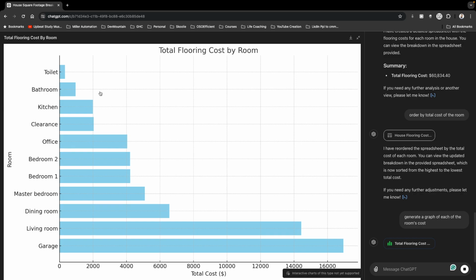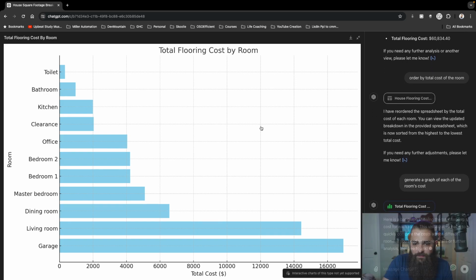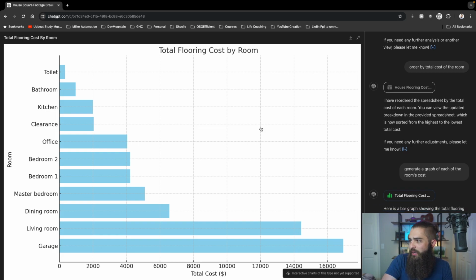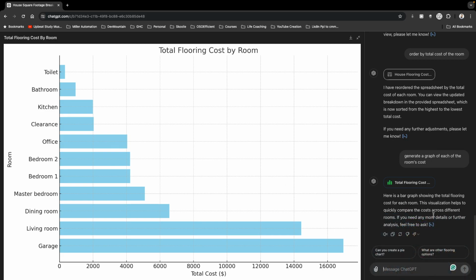And boom, there it is. So if you're drawing up these estimates by hand, this is a great way to simply just jump in and get this information. You'll notice it says, here's a bar graph for each room.